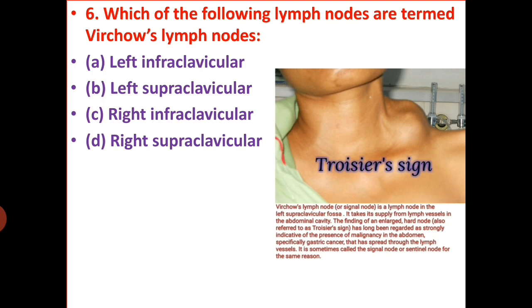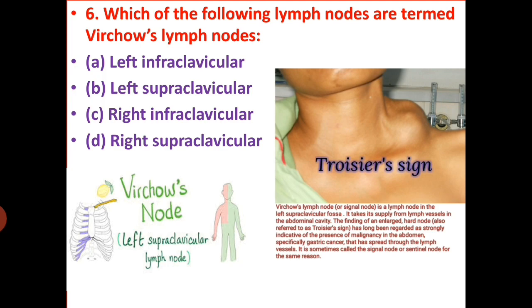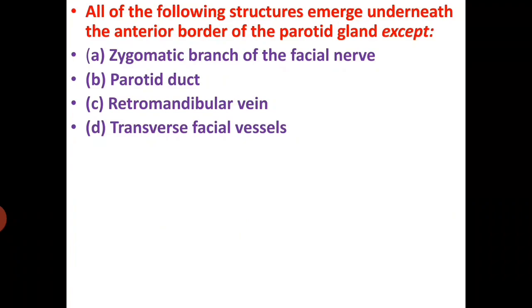So hence these nodes are also called the signal nodes. So this left supraclavicular lymph nodes are the answer. Next question. All of the following structures emerge underneath the anterior border of parotid gland except zygomatic branch of the